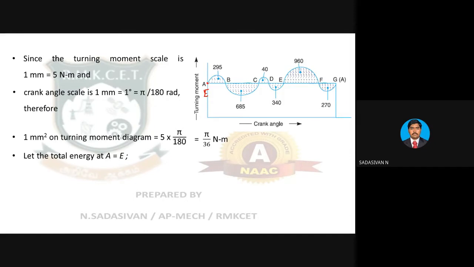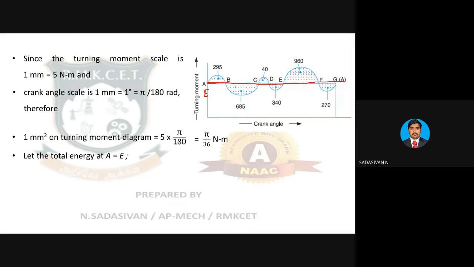Now, this is my guideline, the mean torque line. So energy is fluctuating above and below the mean torque. Due to various positions of the engine during the power stroke, we will get a very high amount of energy above the mean torque. All the other places there will be some reduction, some fluctuation. Wherever your energy is above the mean torque line, you add it. Wherever it is below, you subtract it. That is the concept.